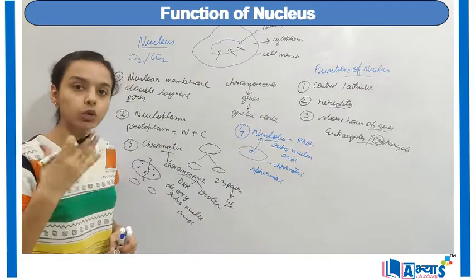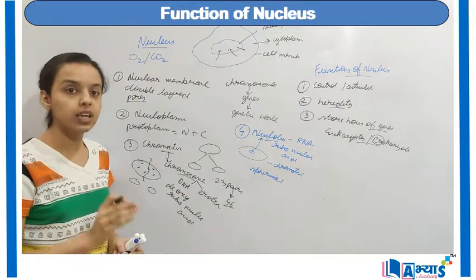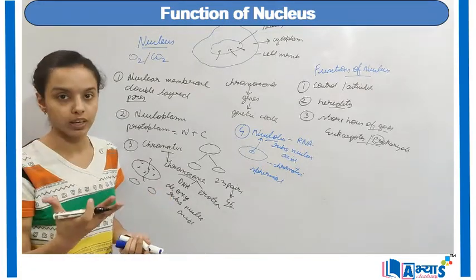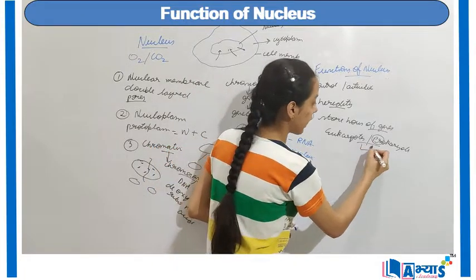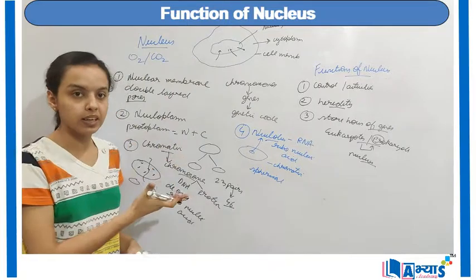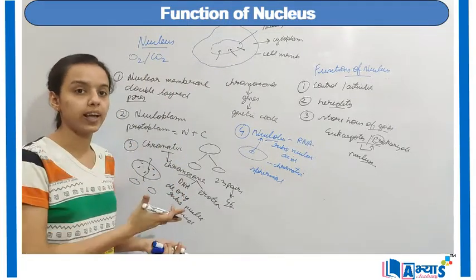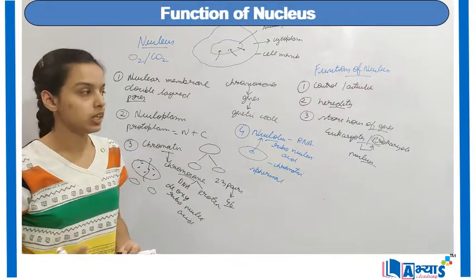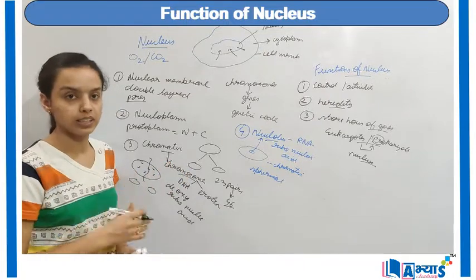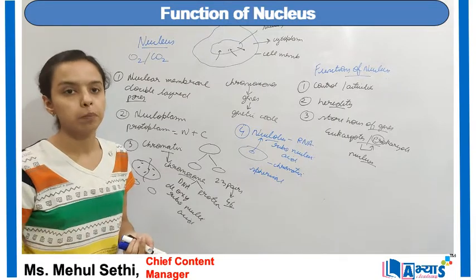Now when we have the nuclear membrane and the various parts, they have a well-defined nucleus. Basically this nucleus is the difference between the eukaryotes and the prokaryotes. The difference lies in the nucleus. If the nucleus would not have been there inside the cell, then prokaryotes must have remained till now, or prokaryotes would be equal to the eukaryotes. So the basic difference between these two types of cell is the development of the nucleus. Hence it is the most important part of the cell. That is why it is known as the brain of the cell.